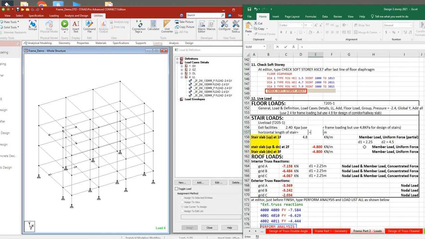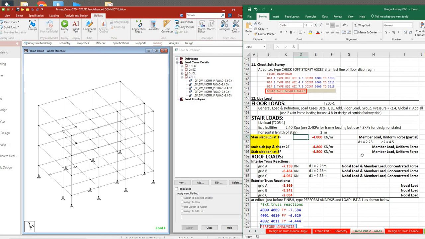So, that is 3.5 divided by 2. Okay? So, magiging 4.2 na lang siya. What if 6 meters yung horizontal projection mo? So, that is 6 divided by 2 will give you 7.2. Okay? So, simply said, 2.4 pa rin ang gagamitin natin divided by half of the horizontal length, which is